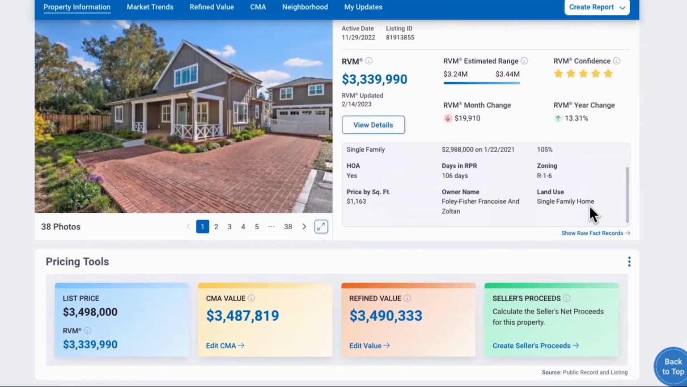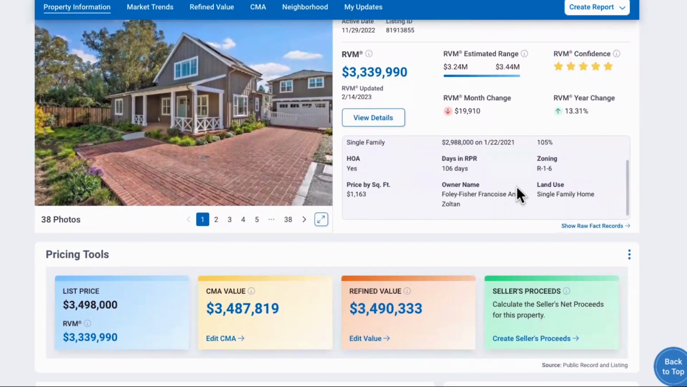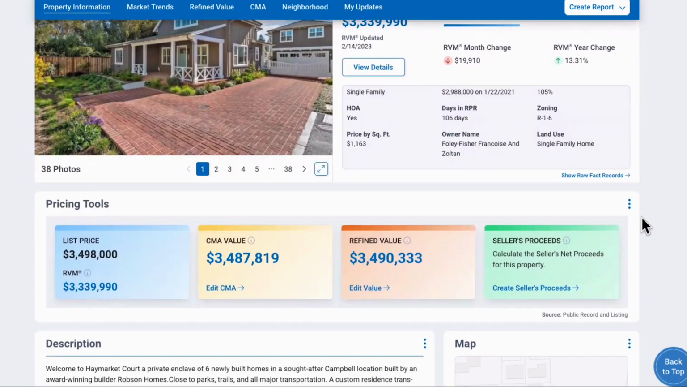And then the view details here also has very pertinent information right now. The pricing tools. You'll see here a new card really that displays not only the list price and the RVM, but then the CMA and the refined value and the seller's proceeds tools. Now, what Ernie has done here is if you've gone in and done a CMA, that value will be presented